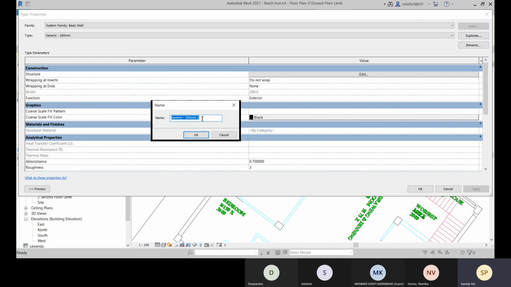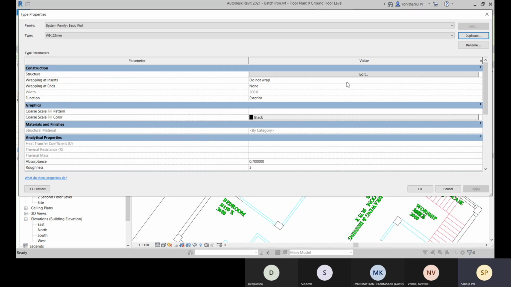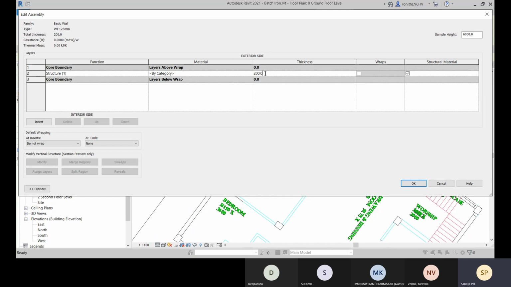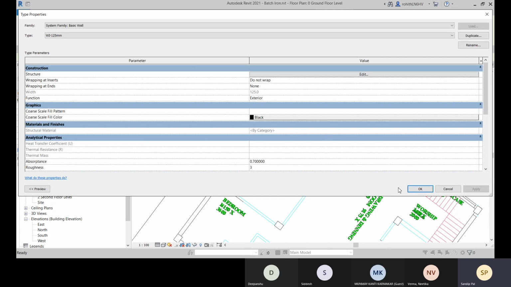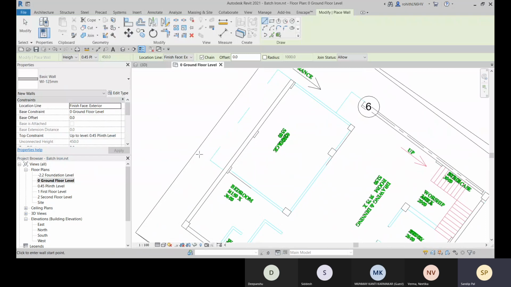Click on duplicate, and that is going to be the wall interior. So you can go with WI and then 125 mm. Click on OK. Go for this edit, then define the thickness. Click on OK. OK. WA is the shortcut.